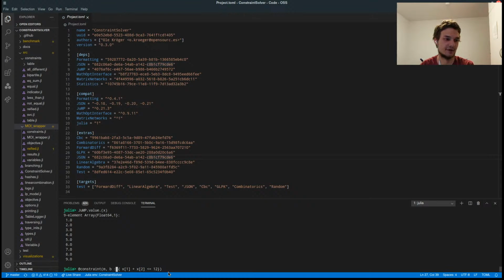Then the reified constraint is this one, which means if this is fulfilled, then it's 1. If this is 1, then it's fulfilled. If it's not fulfilled, that's 0. So it's a bit stronger than the indicator constraint. And the last one is